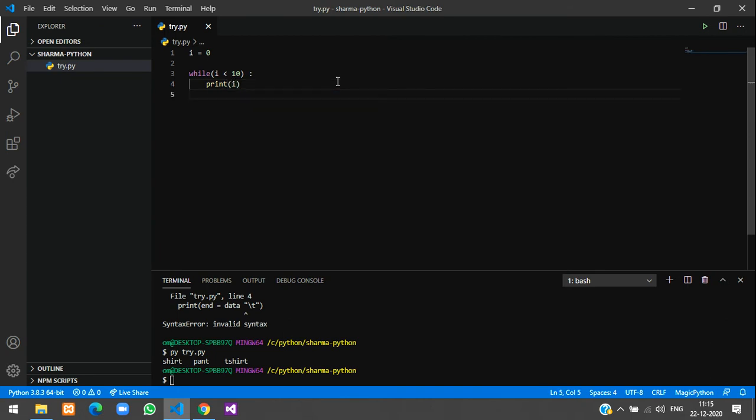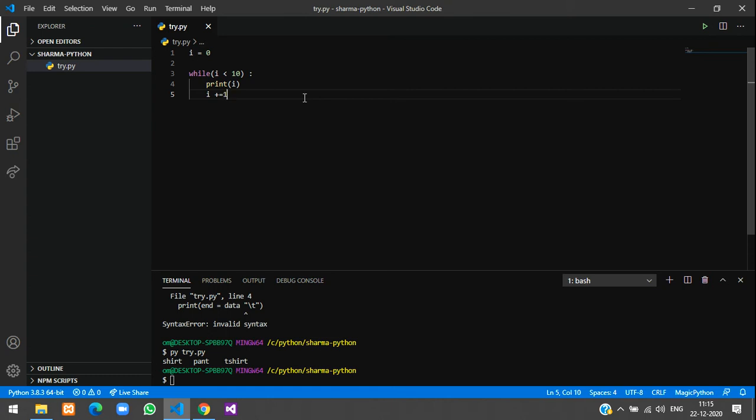Now if you forget to give the increment operator for that variable, it will become an infinite loop and print continuously. There's no end for that. So here we'll give i plus plus. This is an error in Python. Other programming languages support it. So you can use i plus equal to 1, or you can just give i equals to i plus 1. So this is the old way of doing it. The modern and better way of doing it is i plus equals to 1.